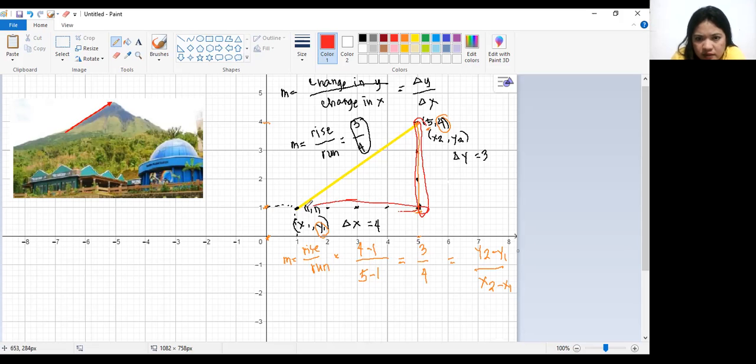Nakuha ba? Okay, so that's why we come up with this formula. We derive this formula. Okay, are you good with this one? Okay, so that is how we are going to describe slope. So next naman, so